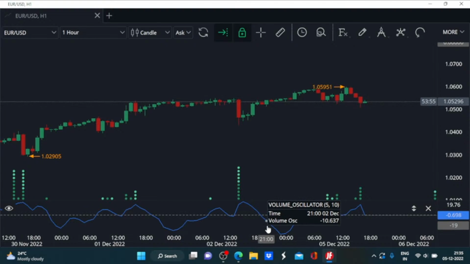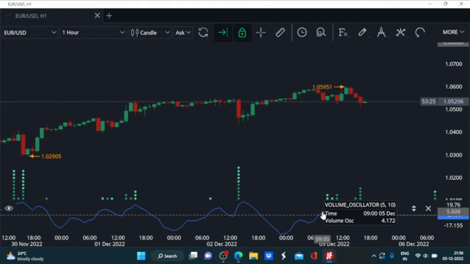And if you have the volume oscillator reading in negative territory, that simply means that in the recent past, over the last calculation period, the faster calculation period, the market participants are not that keen to get involved compared to the average volume over the slower calculation period. That means the recent price action is not being driven by a significant amount of interest from market participants, and it is better to simply sit on the sidelines, wait for the volume average to increase,